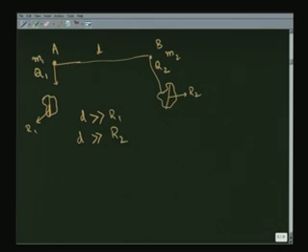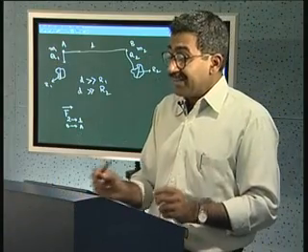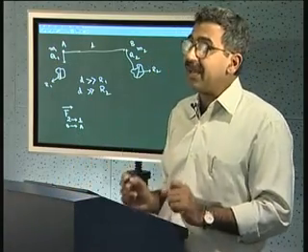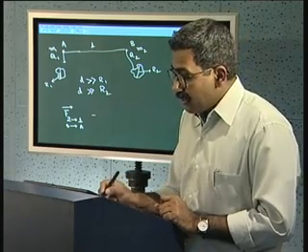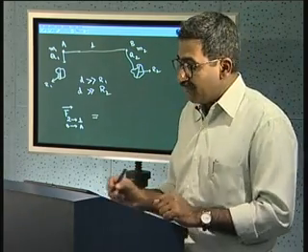Now, in order to be even more careful, let me ask what is the force exerted by the body B on the body A. Therefore, since I am employing the notation 1 and 2, what I shall do is to write F2 acting on 1. If you want to write, you can even say B acting on A. Force is a vector quantity, so let me put a vector sign over that. So what am I saying? I am saying that I am interested in finding out the force exerted by the body B on the body A. So if I want to do that, this object is given by the Coulomb law, which tells you that